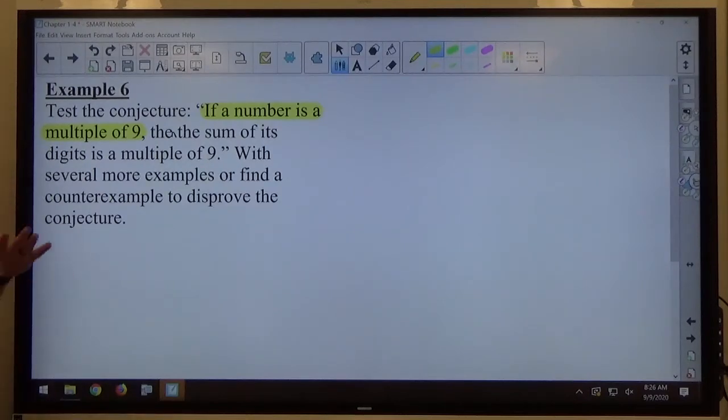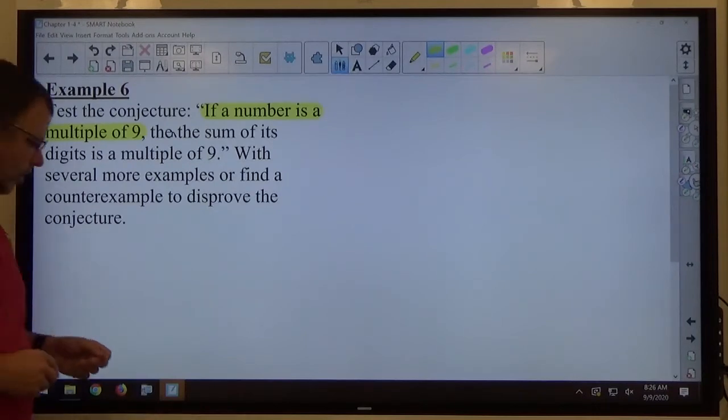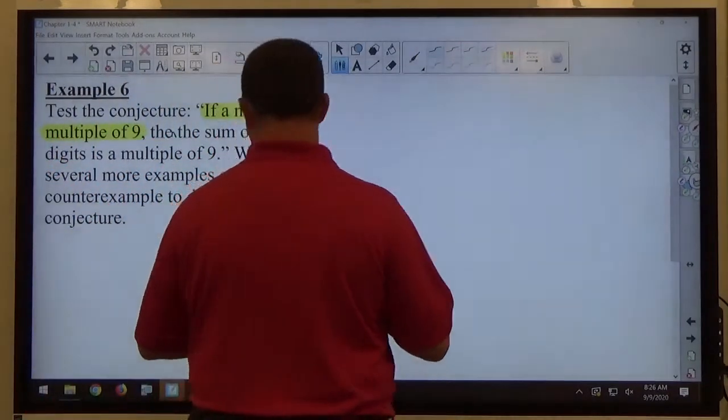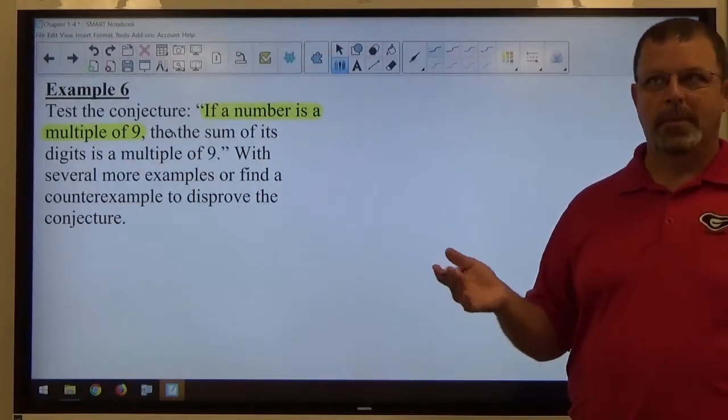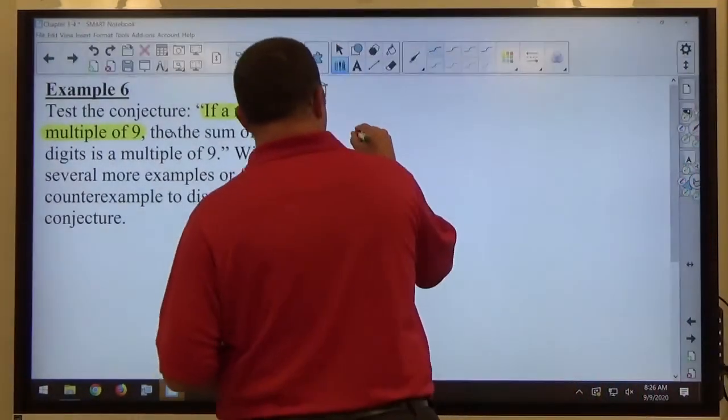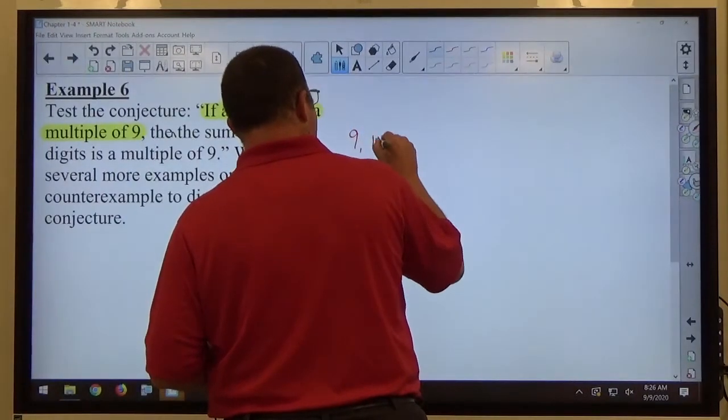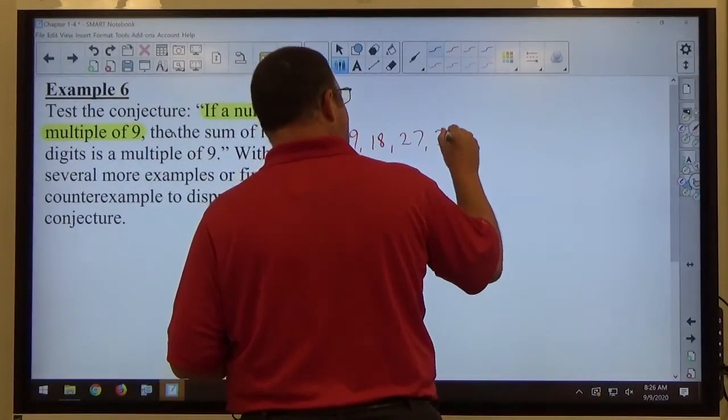But anyway, this is saying if we have a number that's a multiple of 9. Okay, so let's take a look at what multiples of 9 look like. Do you guys know what multiples of 9 are? Yeah. Count by what? 9. Count by 9, right? So if we're counting by 9, we got 9, and then 18, and then 27, 36,